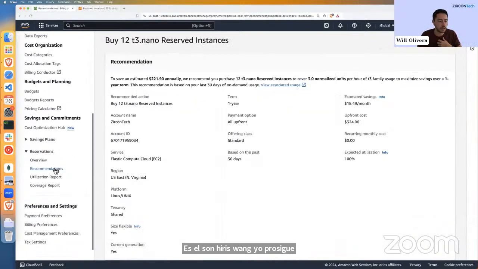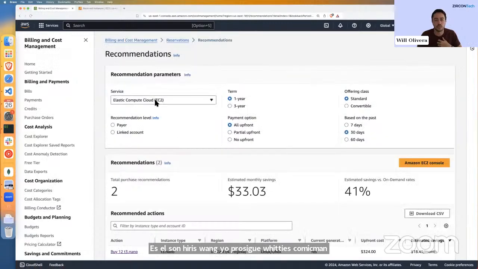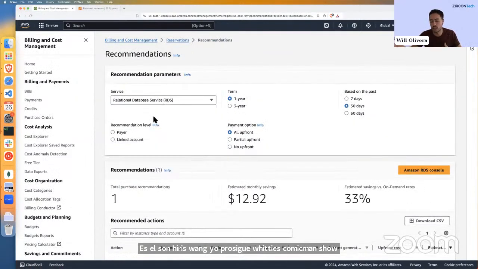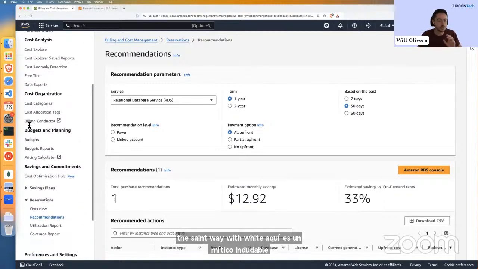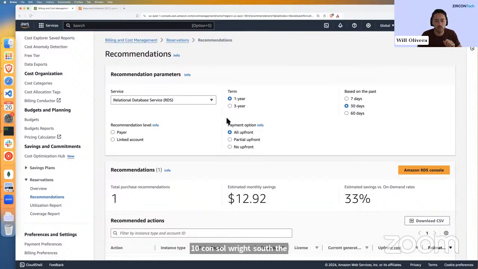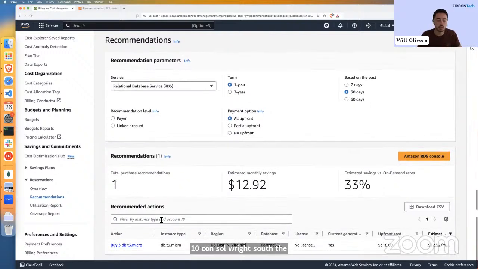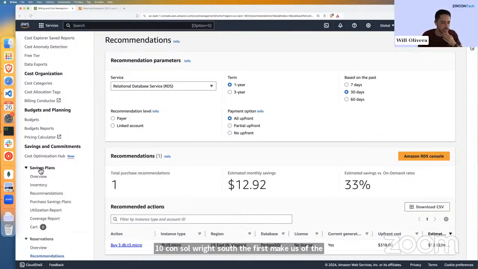So the same way we could do the same for RDS. We will need to go into the RDS console and so on, right? So that's the first type of reservation plan you can use. Make use of the recommendations. They are actually justified. And then over the savings plan